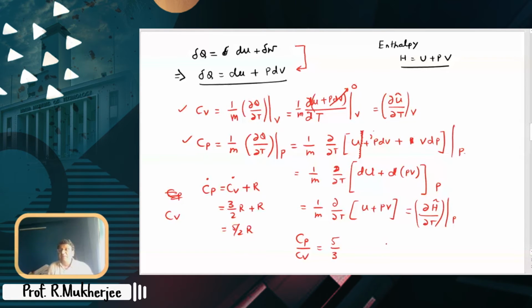Sometimes you will find people talking about CV equal to 3, and also sometimes you will find people talking about CP dot equal to CV dot plus 2. These two relations you might have come across somewhere or may come across in future again. These two relations are dependent on the value of R.